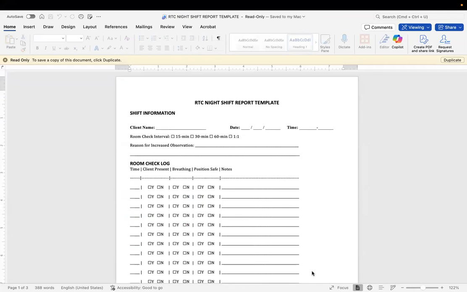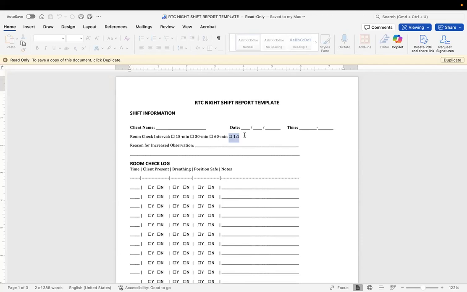So this is where you're going to identify their information, and then you're going to say how often you're checking on them. Are you checking on them in 15-minute increments because they're on some kind of self-harm watch? Are you checking on them every 30 minutes because maybe they're ill? Or are you checking on them every hour? And then there is the one-to-one, where someone is super sick and I'm staying with them. We shouldn't have any of those unless we have called an ambulance. If we've called the ambulance, then you want to make sure you articulate that.